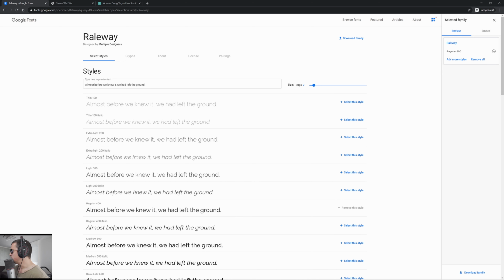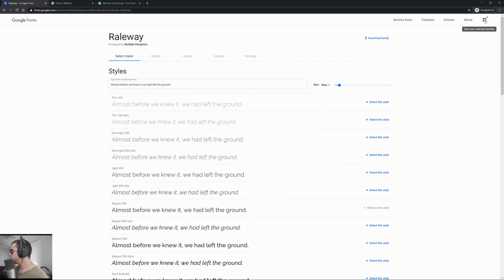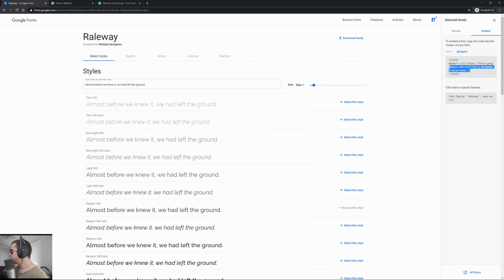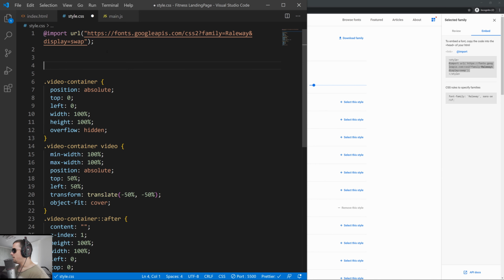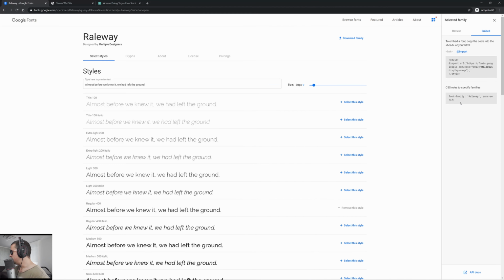Or if you don't have this open, this is actually how you open it. View your selected families. Go in here. Click on Embed. Click on Import, and copy everything that is between these 2 style tags. So copy this one, go into your code, and up here, click Import. And hit Save. And now I will take my H1 and give this a font family of, let's just copy this,